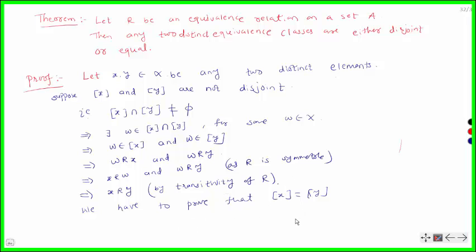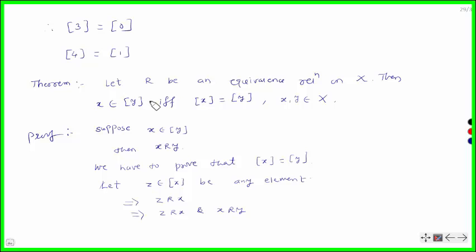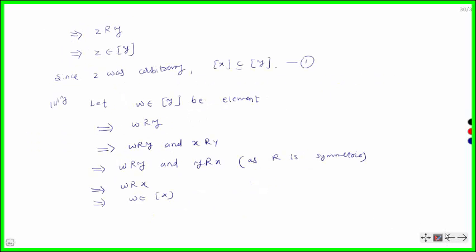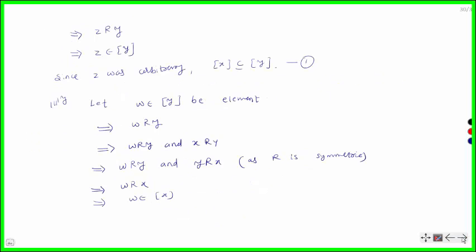But we have already proved that x is R related to y. What have we already proved? That is, x belongs to the equivalence class of y if and only if the equivalence class of x is equal to the equivalence class of y. So by using this first theorem,